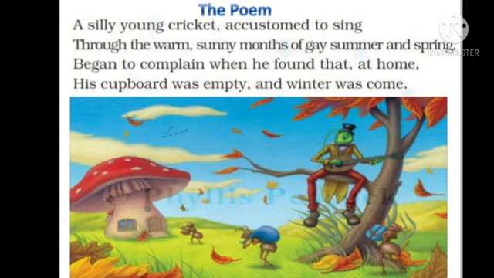Today I will teach you the first poem in your MCB textbook, The Ant and the Cricket. This Ant and the Cricket was actually a fable. A fable means it's a short story having animals as characters, and at last we'll be getting a moral. So fables are moral stories having animals as characters, and there's a world famous fable writer,